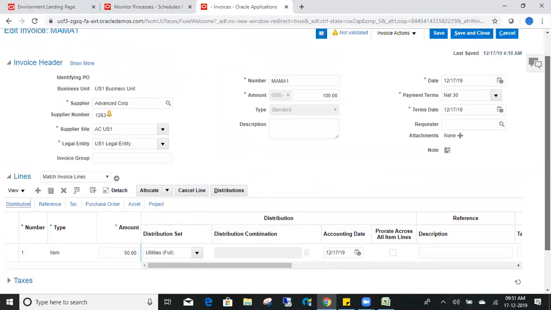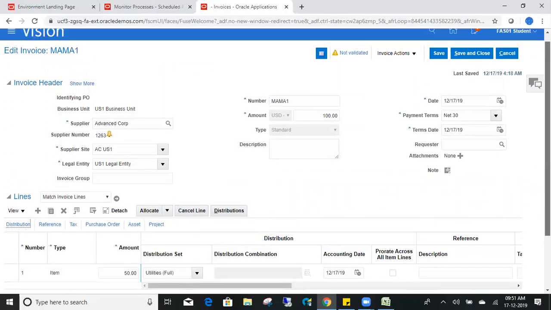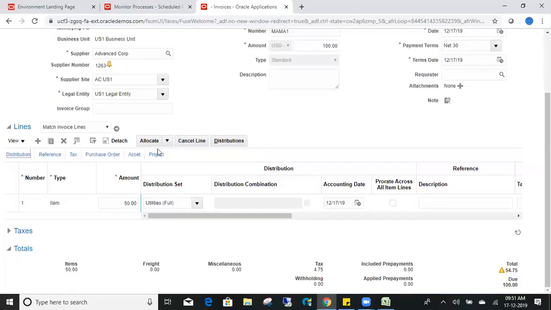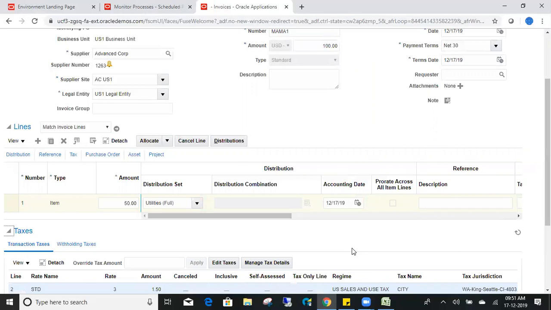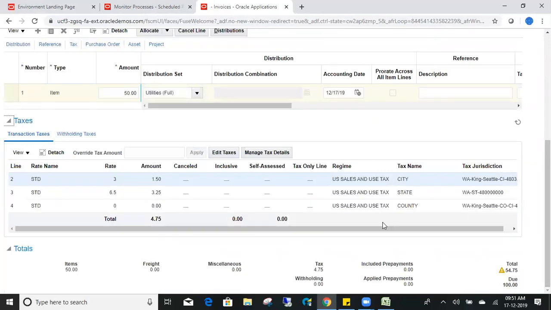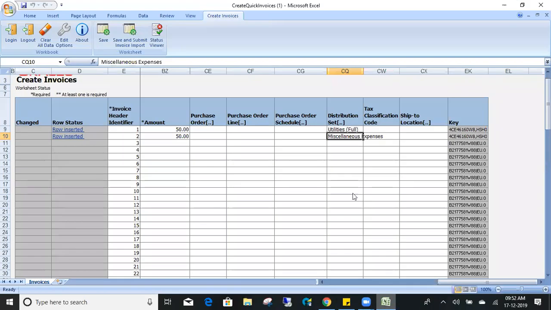Is there any hold? And these are all the taxes for that invoice. So that's how you can import the invoice from here